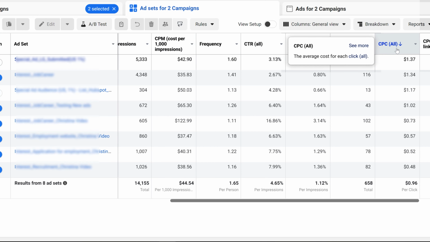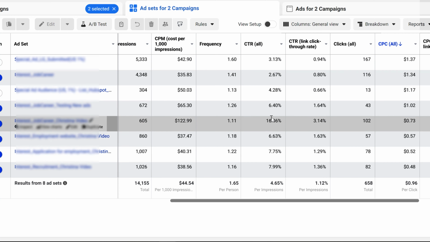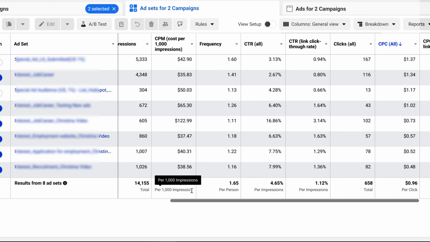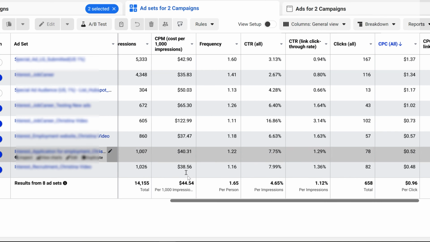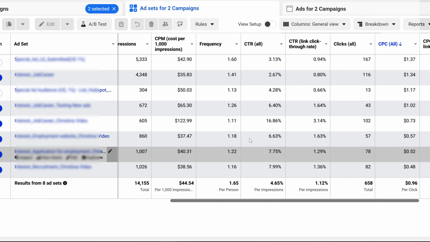If we filter ad sets by CPC, we're going to see that the lowest results here are for some of my highest CTRs. The highest CTR actually has 0.73 cents per click, but we still have a super high CPM here. And for average CPM, we do have a good, lower CPC,